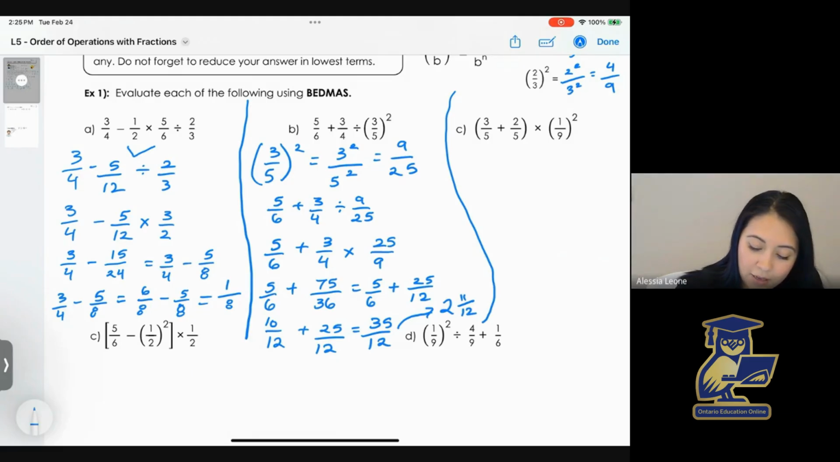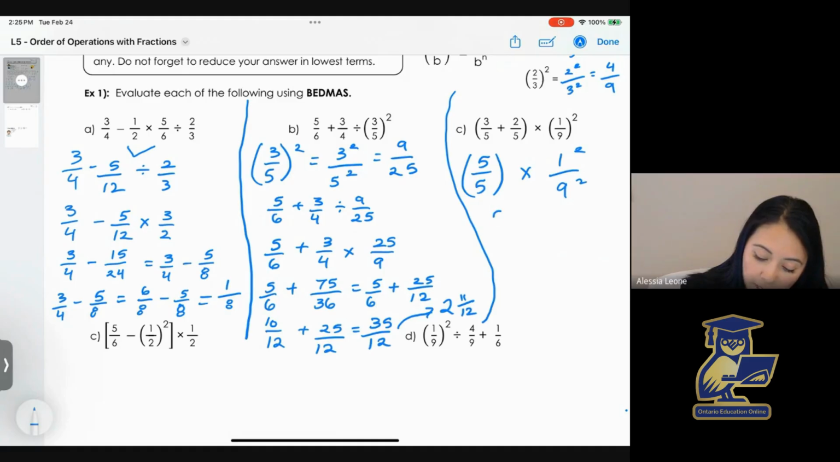3 over 5 plus 2 over 5. We already have common denominators. And then we have 1 over 9 to the power of 2. So let's solve our addition first because we already have our common denominators. 3 plus 2 is 5 over 5 times 1 to the power of 2 and 2 because we know exponent laws. So this becomes